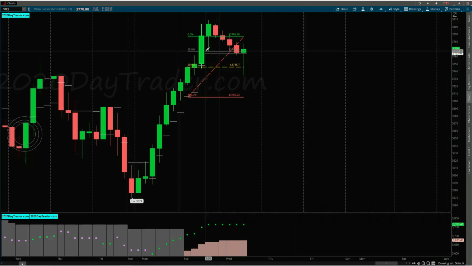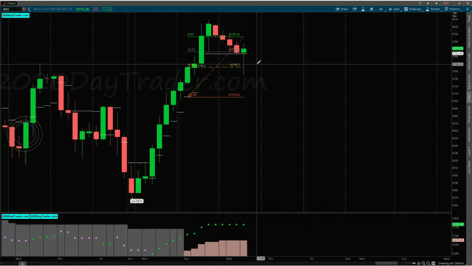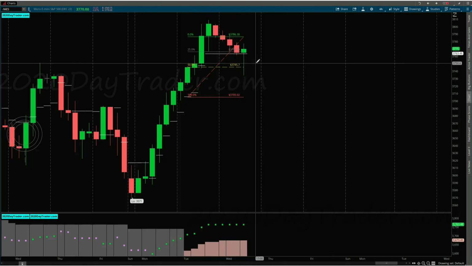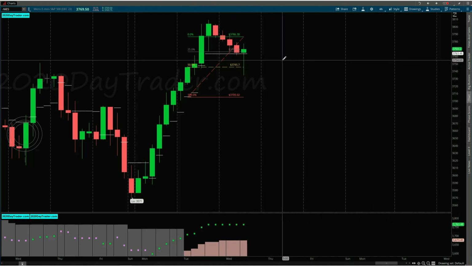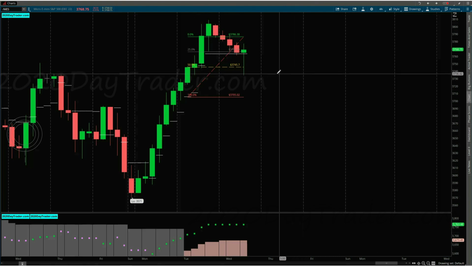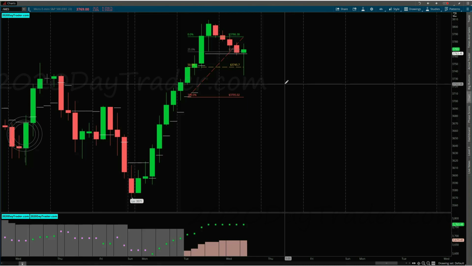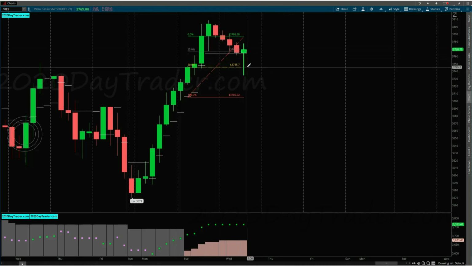So right now I really need to have that first trade a winner to provide me a buffer. So I want to take a highest probability trade, which is going to be after a loser. Doesn't mean it'll still be a winner. I mean, there's no guarantees in the market. Actually, there is. There's one guarantee when you're trading the markets, and that is you will have losses. You're going to have debits come out of your account for sure. That's the only guarantee. But I do need to have the highest probability. So I'm going to wait for a loser to set up over here, and then I'll take that trade and get this account started.